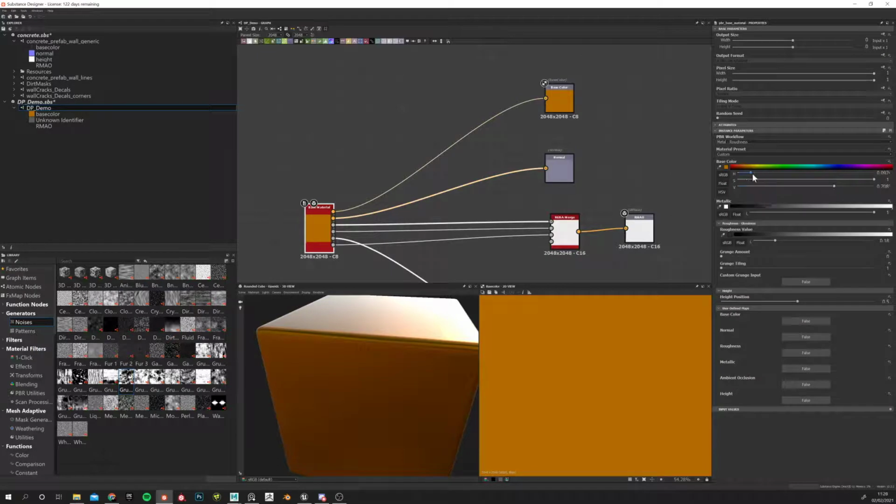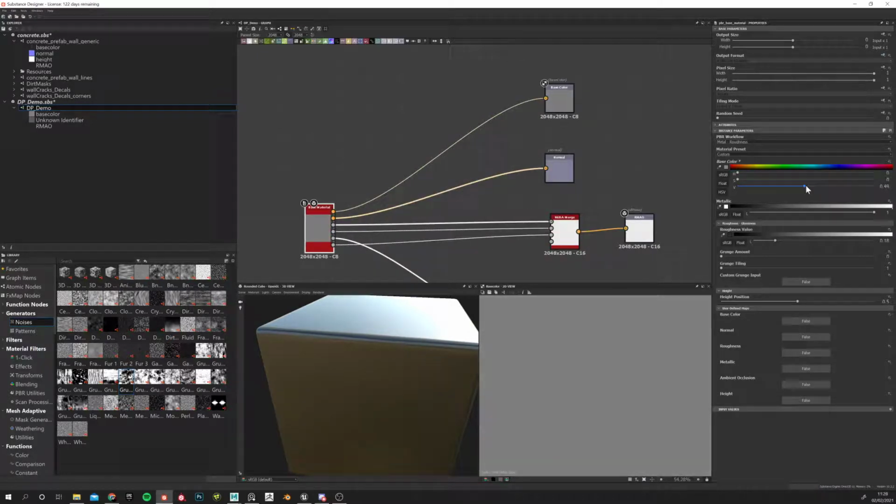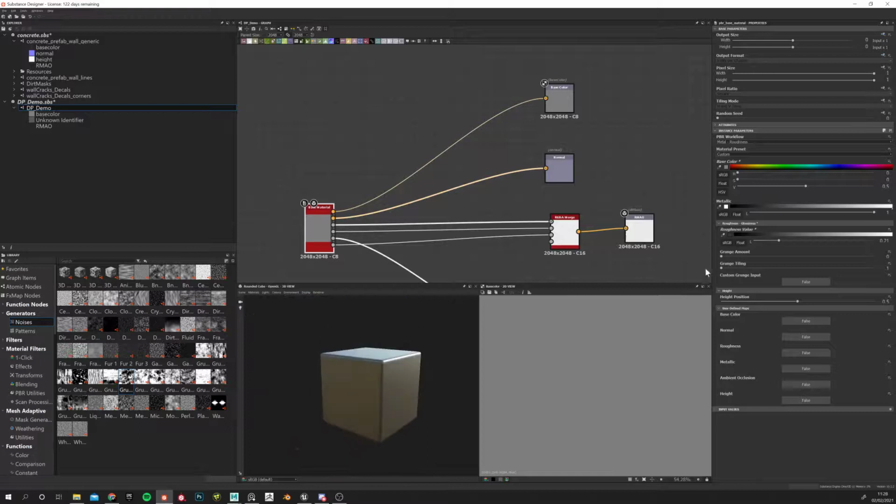So again, I'm gonna put the saturation back to 0 here, and I'll put about 50% gray. And then I'm gonna put the roughness value a little bit higher like that, and then the metallic to 1, so you can see it's looking a little bit metallic. But we know that we're going to be producing something that is 100% dielectric, which is the concrete, so I don't need the metallic. So I can either put the metallic to 0 here,